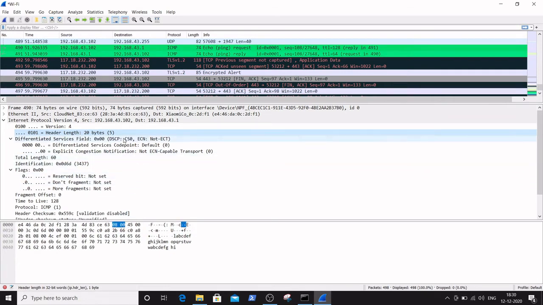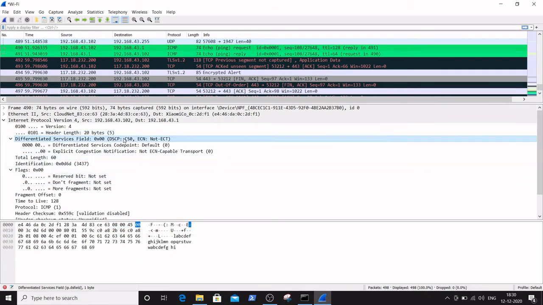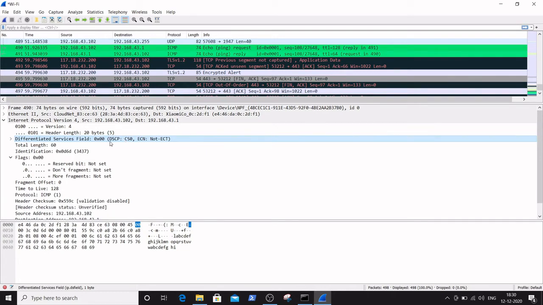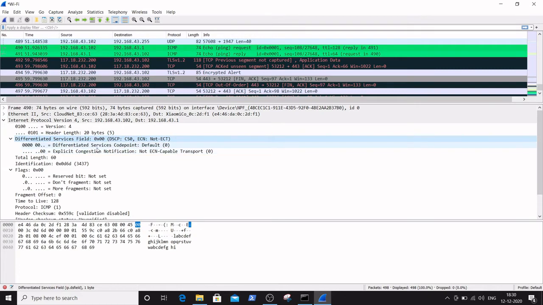The next field is the differentiated services field. These are the different services that are part of the IP packet header. By expanding this, these are the differentiated services: the code point, which is given the default value of 0, and explicit congestion notification, which is given as not ECN capable transport.